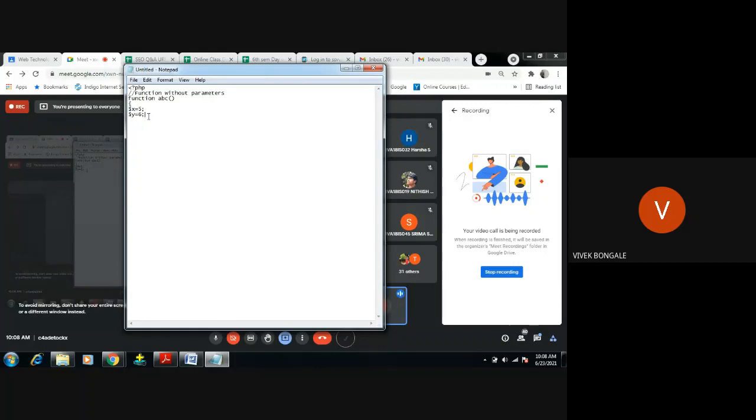So $z equals $x plus $y, semicolon. 5 plus 6 is 11, and it will be stored in z.